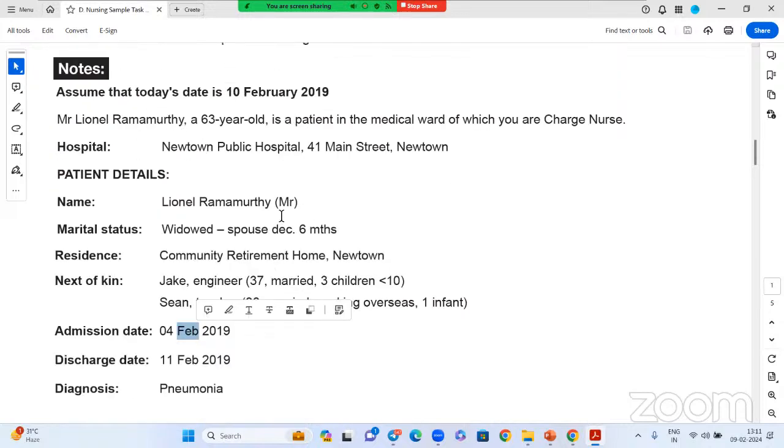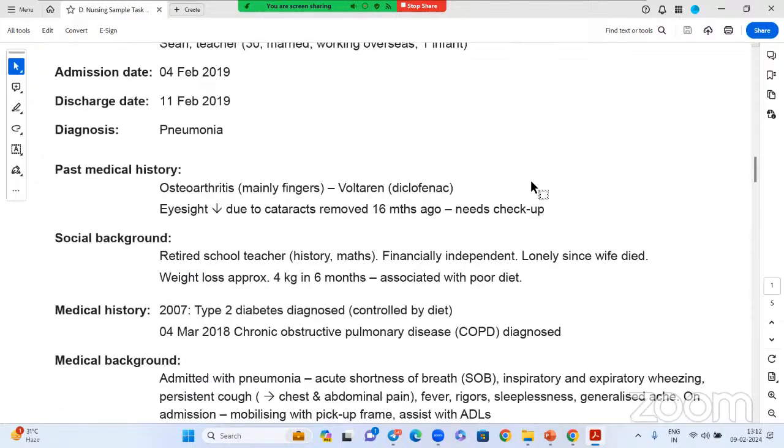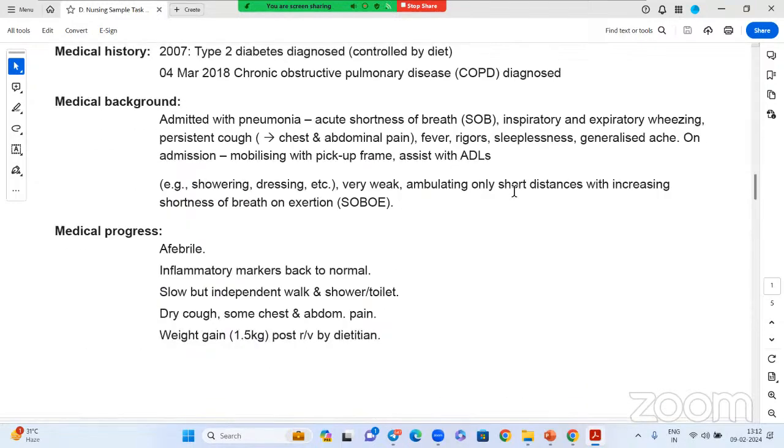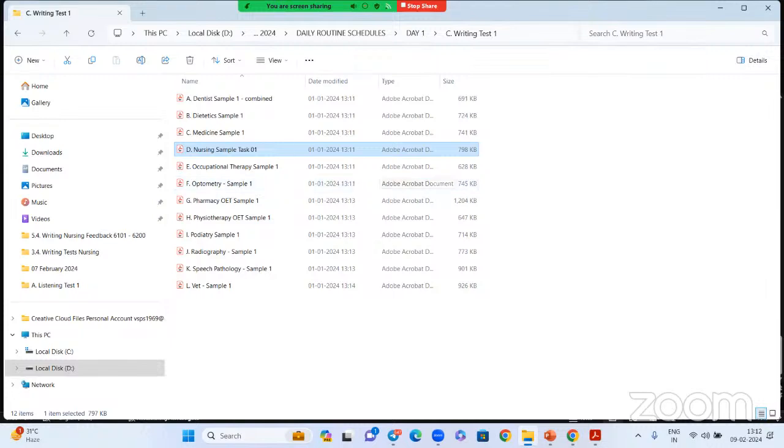The only exceptions are Mr., DOB, and regarding. Only these three are exceptions. Everything else will be in full form. RV, everyone knows what RV is, but you should write it in full, not R by V. Why do you want to write R by V? They will cut the marks. It shows that you are not following the rules and regulations.